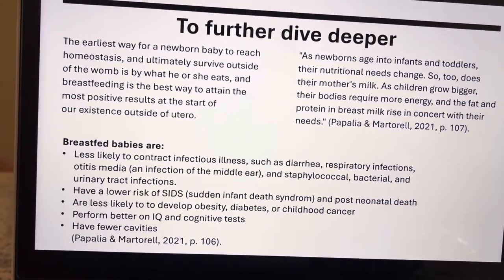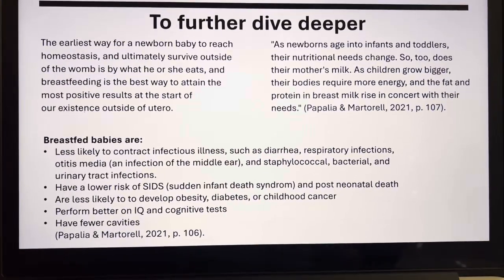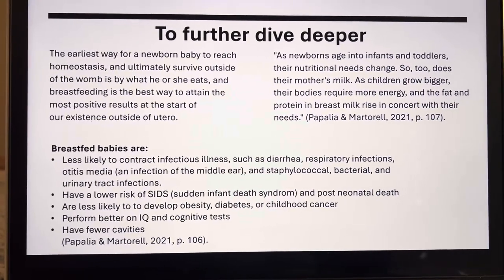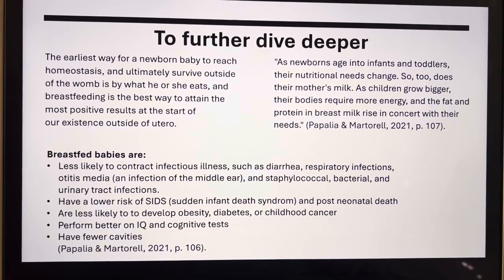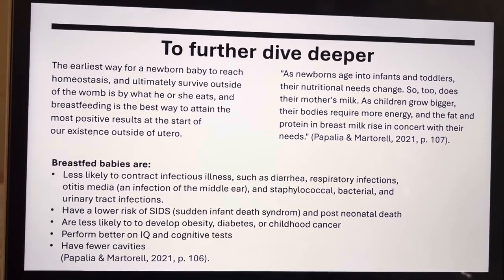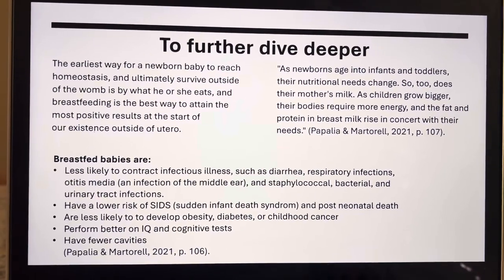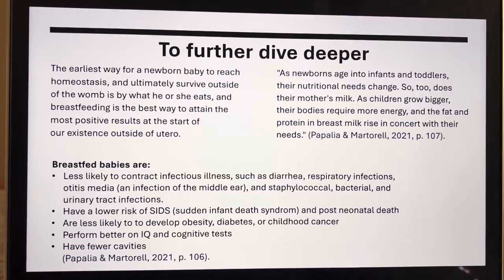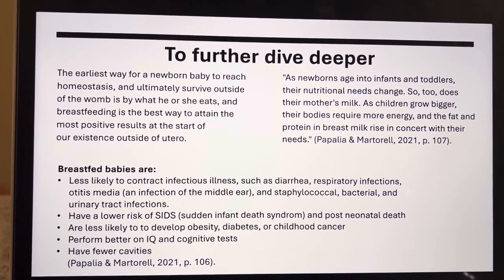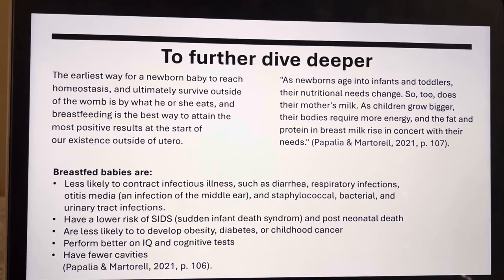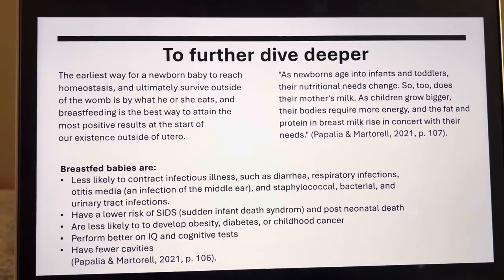So to dive deeper, one thing that stuck out to me in our textbook in class, this is something I wanted to touch on. It says the earliest way for a newborn baby to reach homeostasis and ultimately survive outside of the womb is by what he or she eats, and breastfeeding is the best way to attain the most positive results at the start of our existence outside of utero. So once we're outside of the womb, this is very, very important, and that's why I wanted to touch on it,